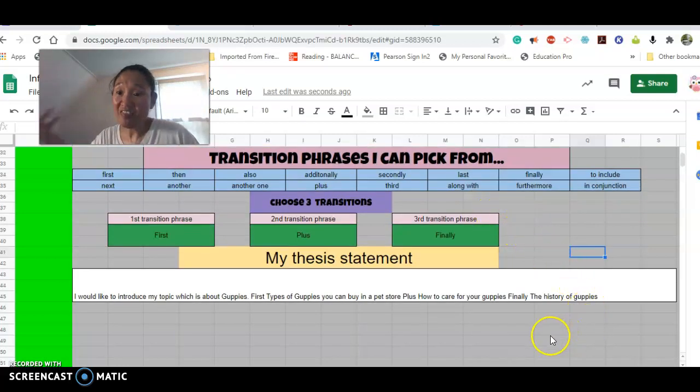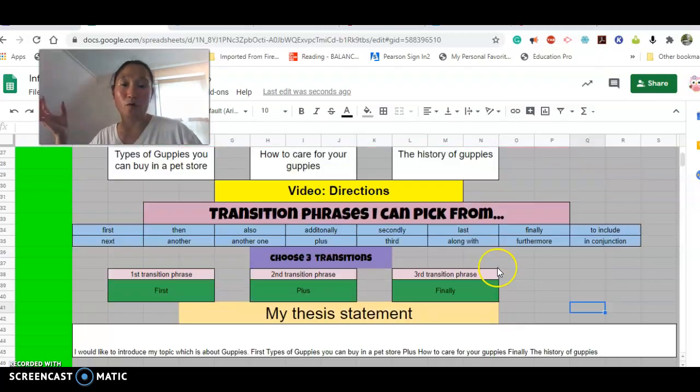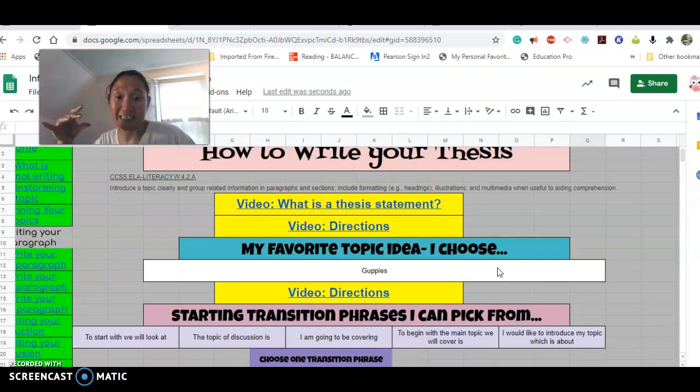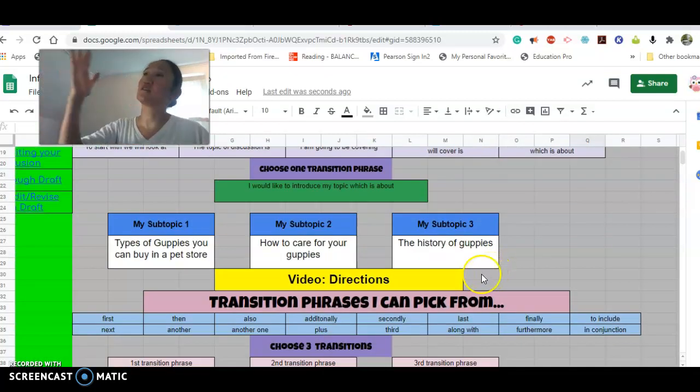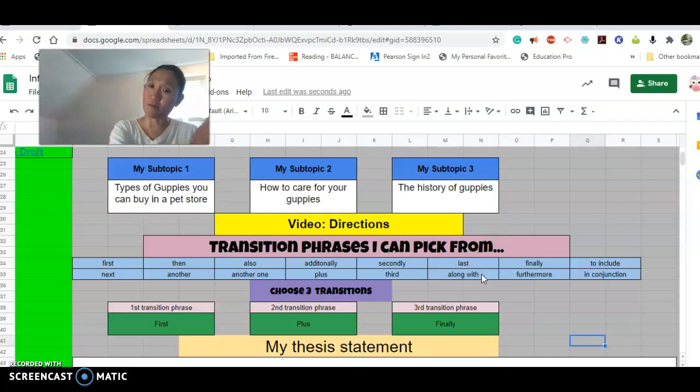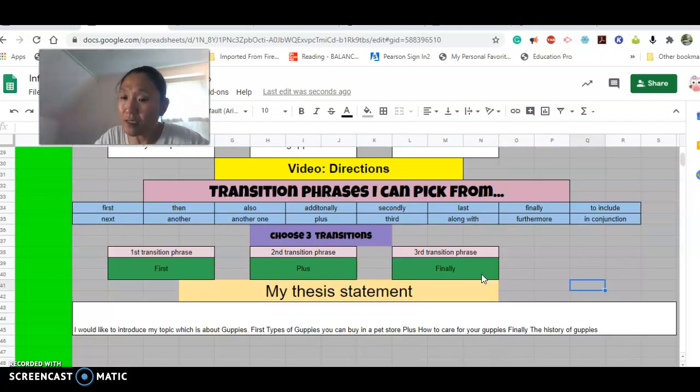Then you can come down here and look at your thesis statement. If you notice, you have those transition words filled in between your idea, your topic, then the subtopic. So I have transition phrases moving you from topic to subtopic to subtopic to subtopic. If you read it, it says, I would like to introduce my topic, which is about guppies. First, types of guppies you can buy,